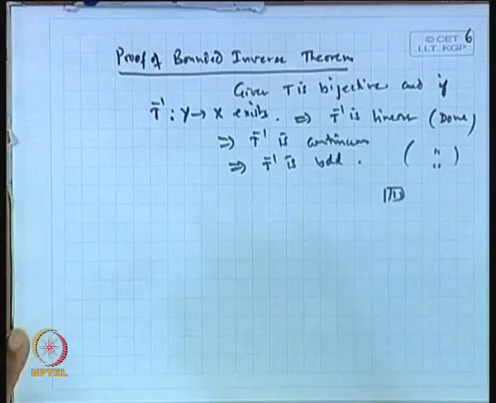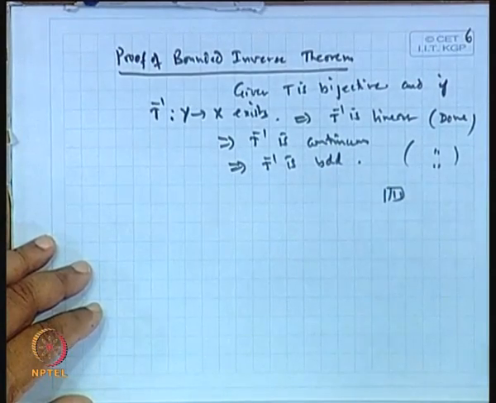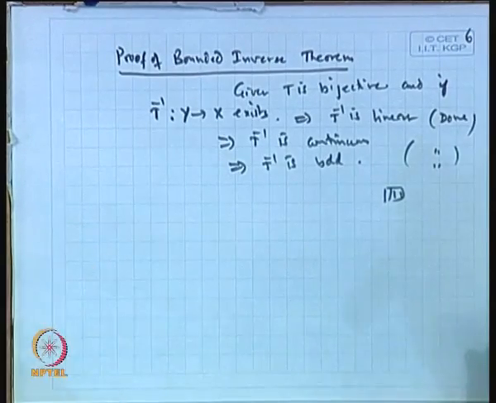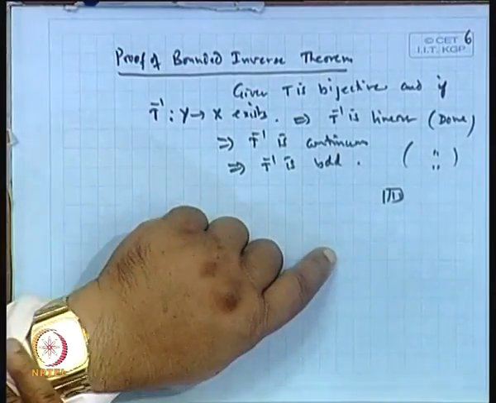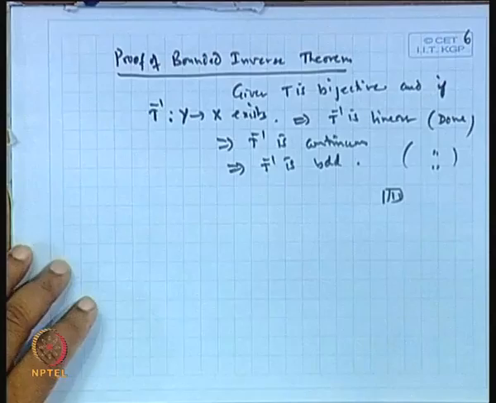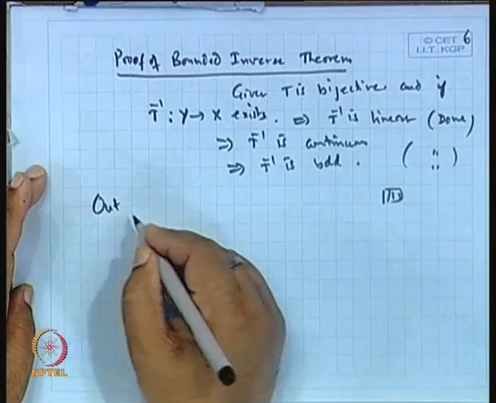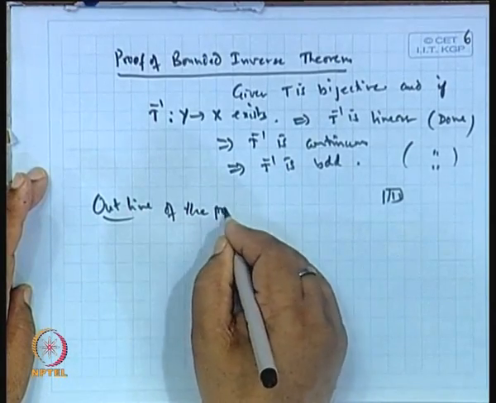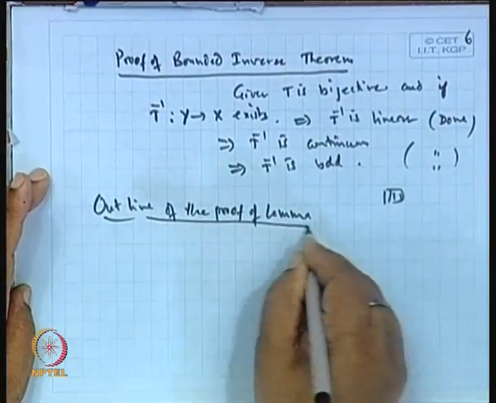So, we have proved the open mapping theorem, but what is left now? The proof of this lemma. Now, the proof of this lemma we can drop, or should be added. I think let us drop it, or let us see the outline of the proof of the lemma.